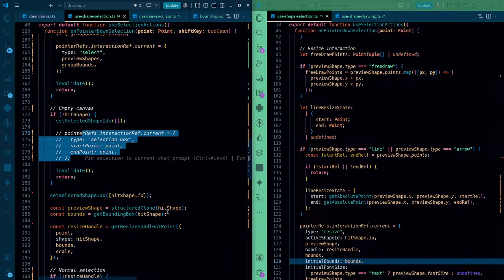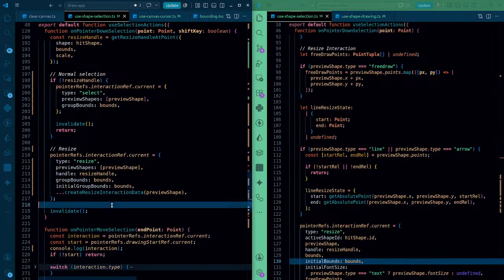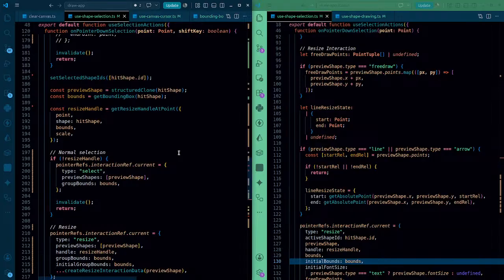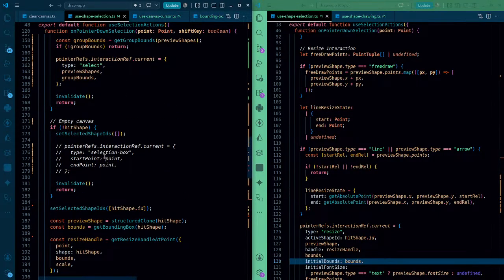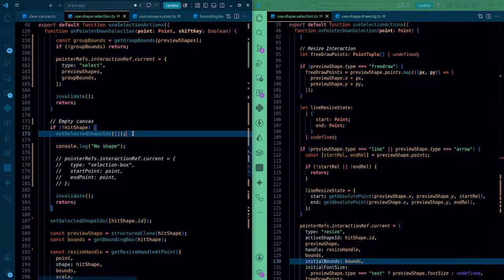So if this is not causing that effect, so what is? This is the problematic thing. Set selected shape IDs becomes null, and then we invalidate it. So it should be null when the pointer up actually happens. And yeah,